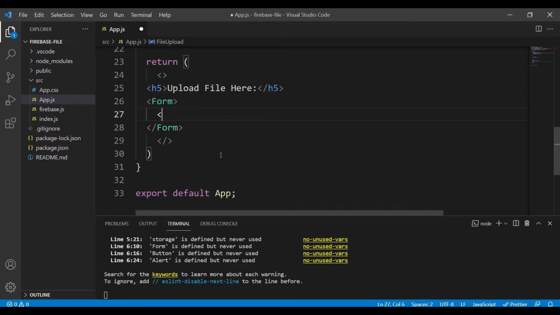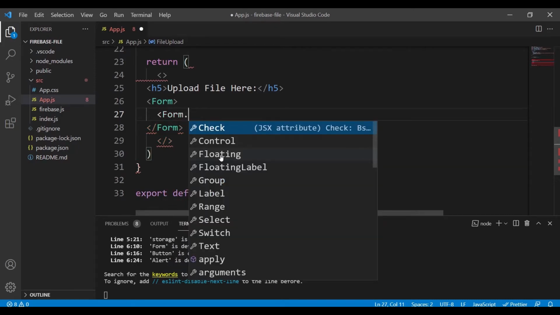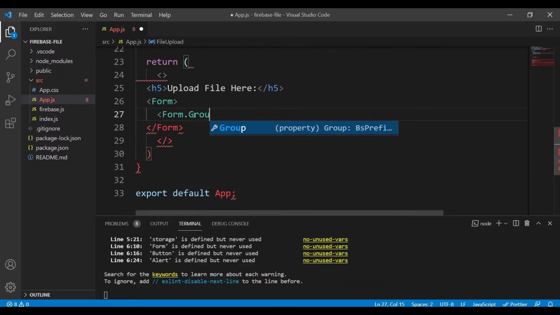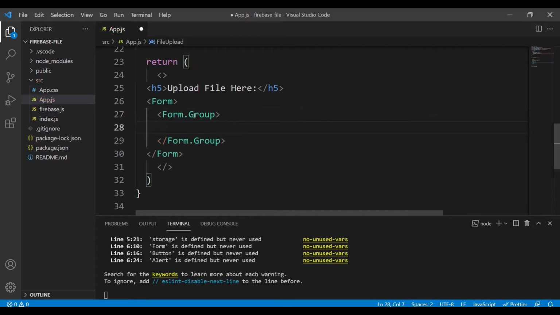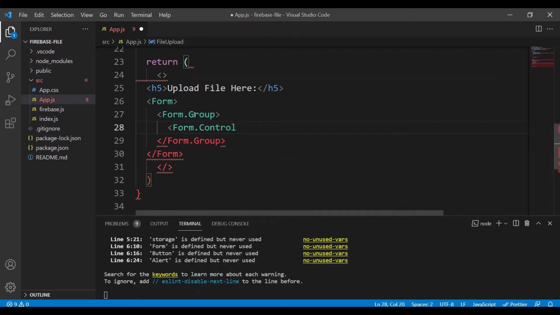Good. We're going to do a form, and the thing I like about React Bootstrap, rather than reactstrap or just regular Bootstrap, is you only import Form, and then when you want to do a form group, you just do Form.Group instead of importing FormGroup, FormControl, FormLabel, etc. Okay, so you just import one thing and then you can use a bunch. Okay, so Form.Group, then our Form.Control,